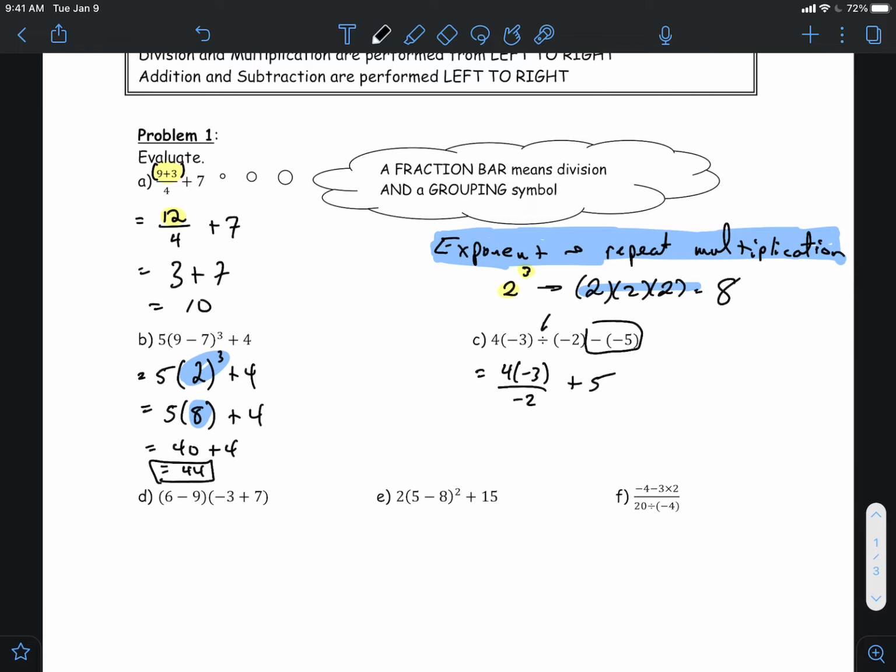Now, what comes first? Does it matter? I'm going to show you 2 ways, and some of you are going to do it in one of these 2 ways. Number 1, everybody multiplying the 4 times -3. Is that what people are jumping to? I think that's pretty typical. You can do the 4 times -3, which would be -12, and then divide by -2 and then add the 5. The second way,